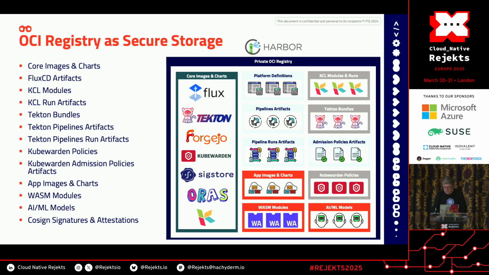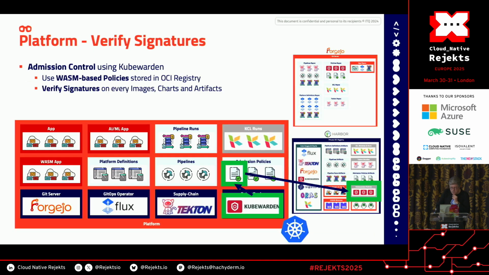So you see here, the OCI registry can be used as secured storage, holding whatever content you need. Here it was just a demonstration of some tools that already leverage the OCI registry as storage, and you can secure them by using the attached artifact features to sign and add attestations to whatever artifact you put on the OCI registry. And because you get this signature in the platform, you can run a policy engine, here Kyverno, that uses policies stored in the OCI registry and verifies the signatures before deploying to the platform.